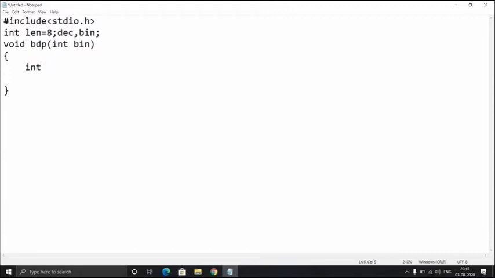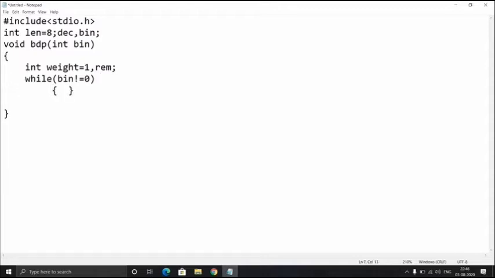The user will enter a binary number and the parameter will be passed to this function for the purpose of binary to decimal conversion for positive numbers. In this I'm gonna locally declare some variables for solving this problem. Weight refers to the weightage of the bit position. It's assigned 1. As well as remainder, we need remainder to convert the binary to decimal.